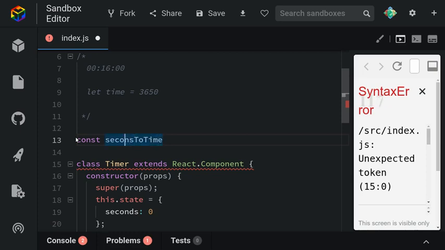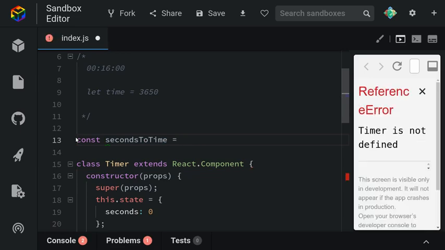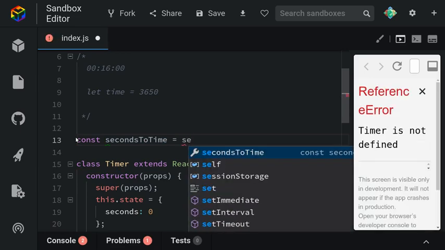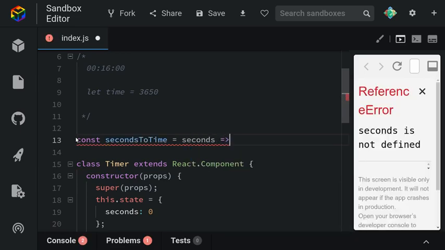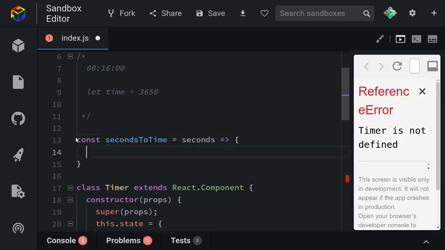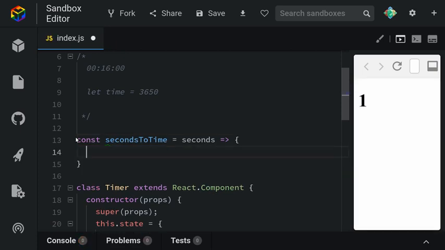Okay. Seconds to time. So what does it take? It takes a number of seconds, which is a number. And now what do we need to return? We need to return 3 different values. We either return them in an array, for example, like 1 hour, 50 minutes, 20 seconds, or we return it